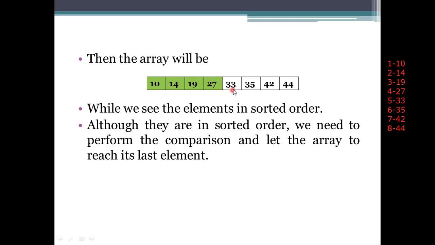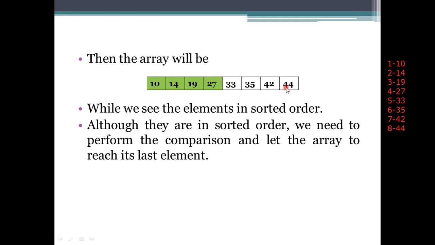And then we decide about this 33, 35, 42 and 44. Because there are 2 elements here, they need to be processed. So here this 42 will be compared with the 35 and 33 and all the remaining. When it is taken as greater than the remaining values, then it will remain in its own position.